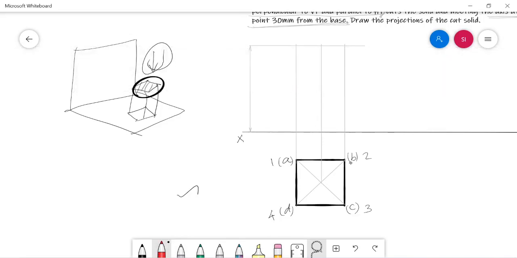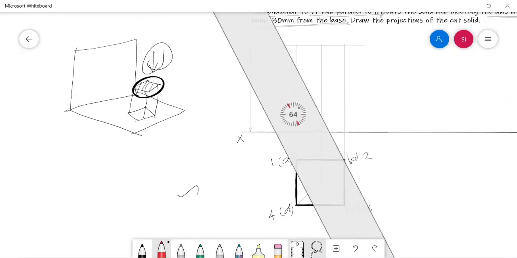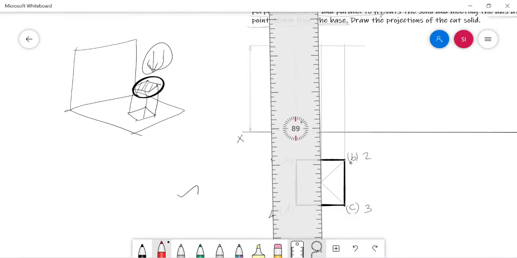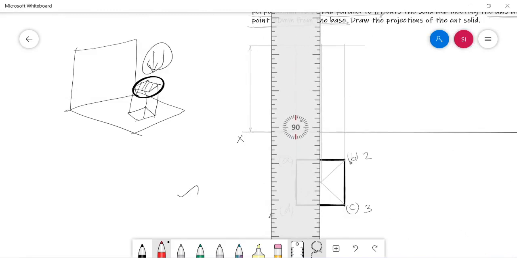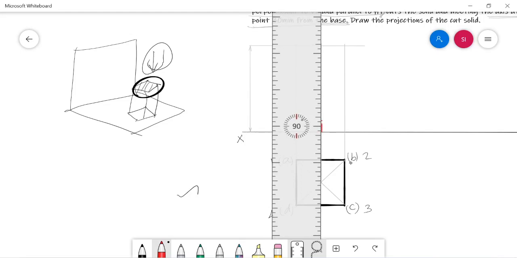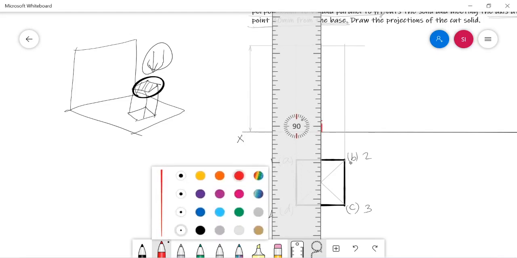And use a different line format for highlighting the axis. In this computer application I am using different colors, but on paper you are going to use a single color, so you have to use a different line format for the axis line.